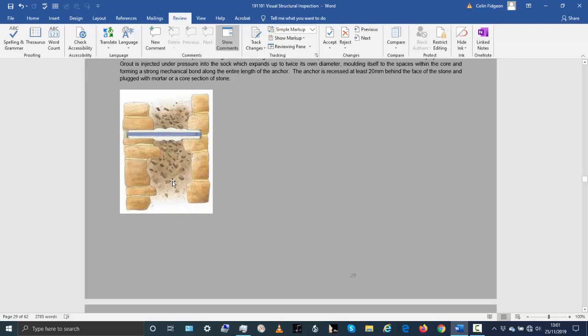And if at a later stage we notice movement, let's say if you were to increase the load on the wall and then you notice cracking or movement or there's something you're concerned about, then at that stage you might say, okay, well let's maybe do something like this to prevent any future movement.